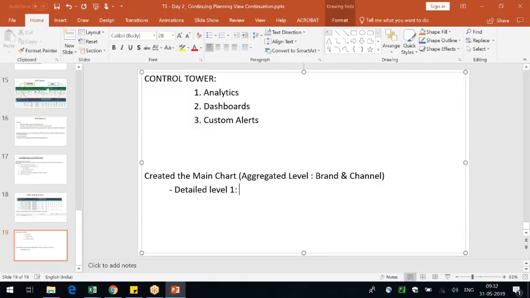I clicked on that option called drill down. I created a drill down path. It opened up another chart. In that new chart, I added another dimension called customer ID. Right, this is what I did. And then again, I picked up a customer like Flipkart or eBay, and I said I want to further drill down and see the individual SKUs, and then I added the product IDs, and then I saved it. So this is what I did.